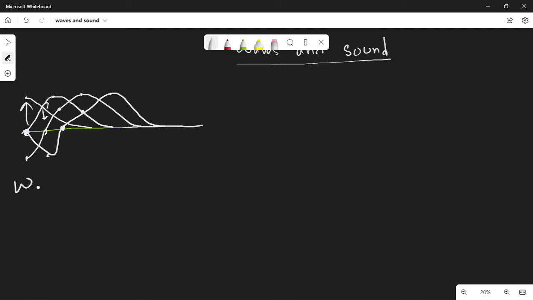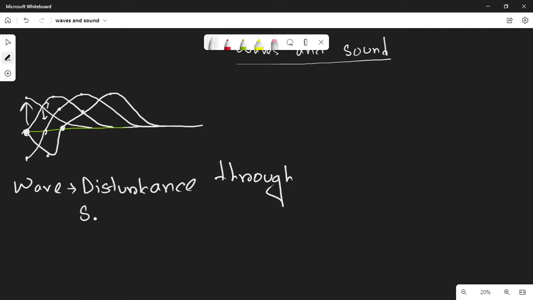and a wave is just the disturbance through space, or I could say a medium, but not all waves necessarily need any medium. Like the electromagnetic wave, it doesn't need any medium, so I should use the term space. The disturbance through space, or I should say propagating through space,